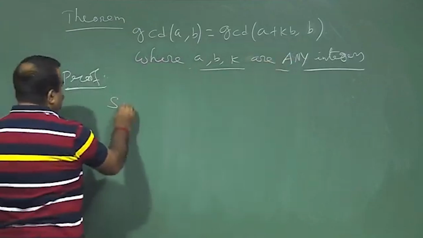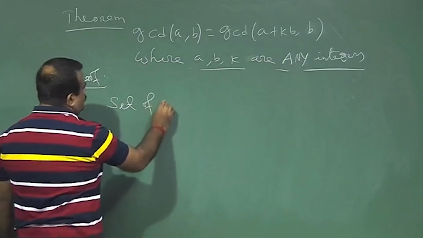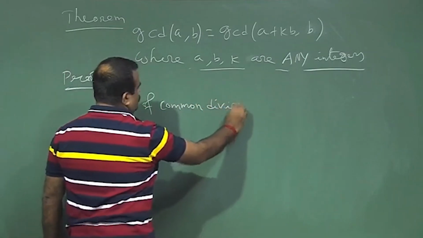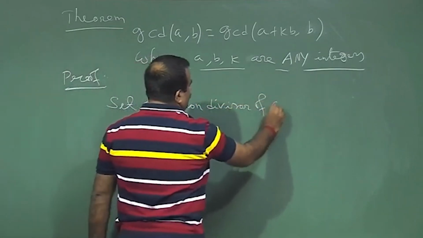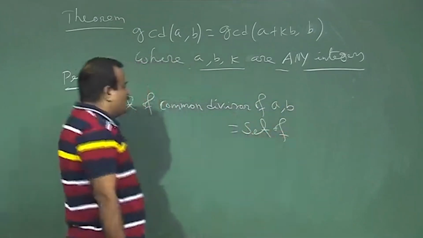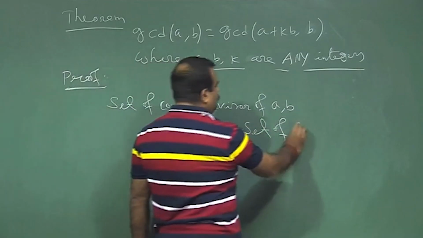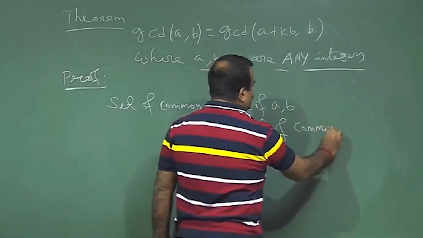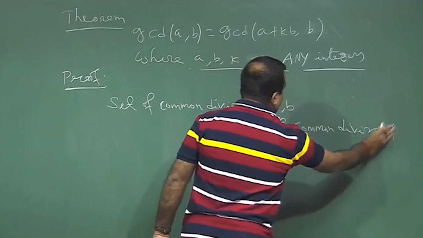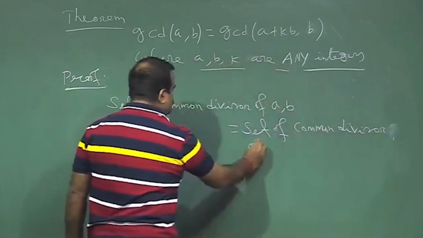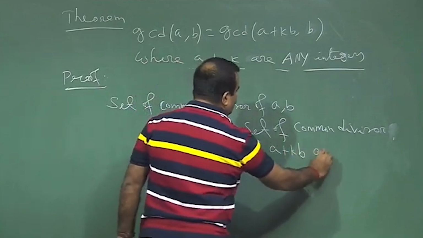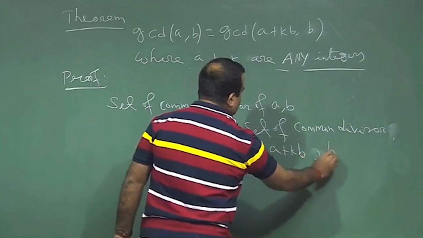So, basically if we can show that the set of common divisors of A, B is equal to the set of common divisors of A plus KB comma B,